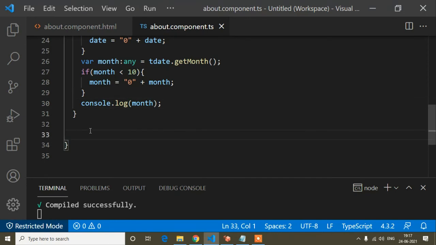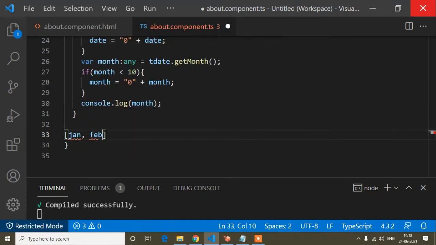Like here suppose this is an array, so month comes this way, January, February, like this way. So you know guys, array starts from 0, so here I will show you up to June, so then it will be more clear to you.